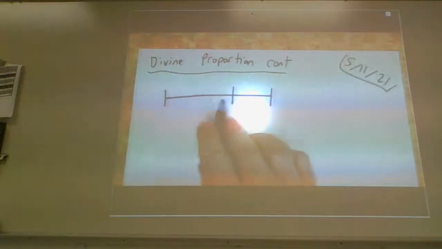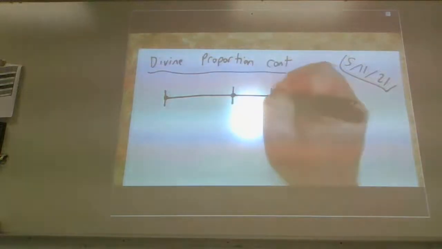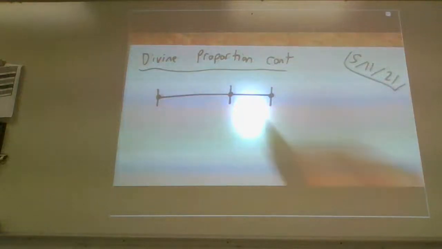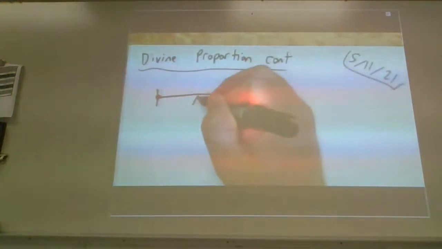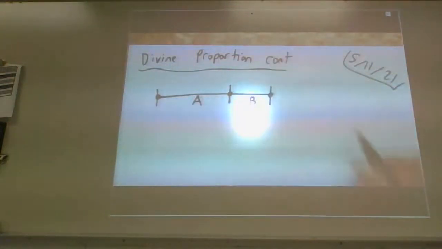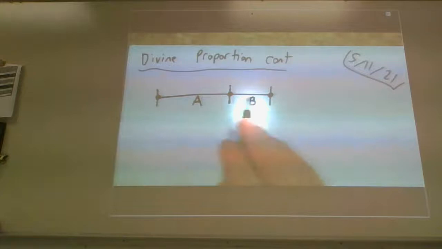But basically, imagine that this line is a certain length, and I have 3 points that I am focusing on, these 3 points on that particular line. Now, for the sake of argument, one might argue that the length of the longer portion is A, and the length of the smaller portion is B. The way that phi is typically defined, it's defined in a number of different ways and a number of different phrases. But what they basically say is, okay, the length of the entire line